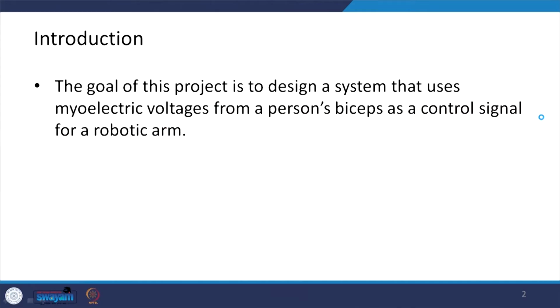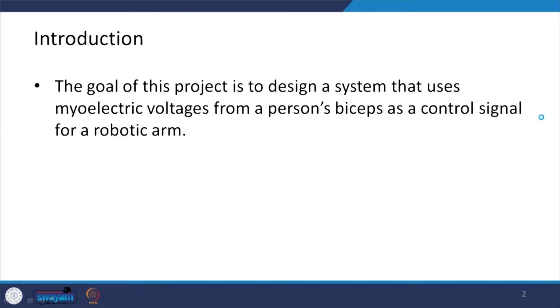This example for the design of a mechatronic system which I have taken is based on the textbook by Elseator and Histan. It is a very nice realistic example. So, those who want to refer in detail, they can refer to that textbook. I will be giving the reference at the end of this lecture also.